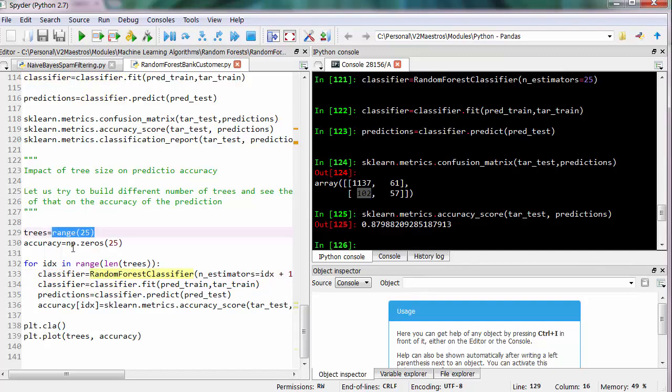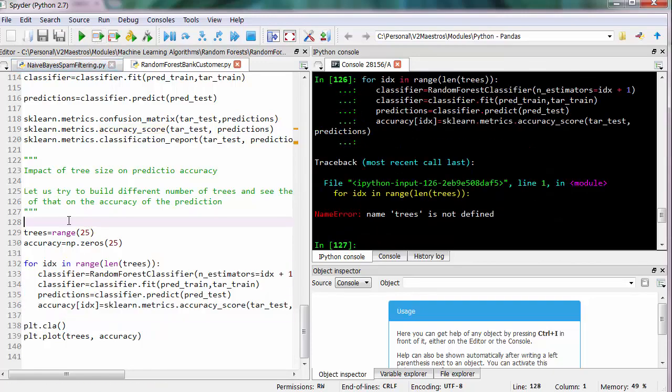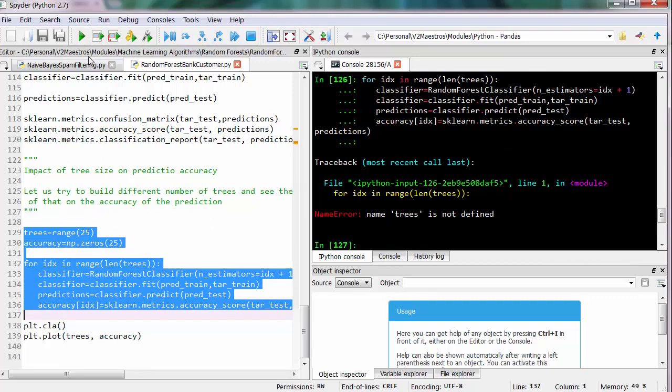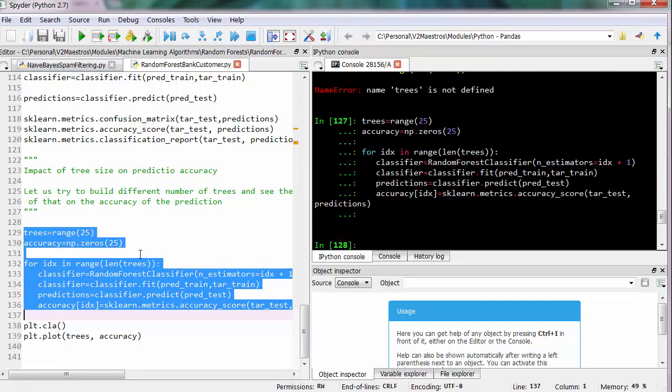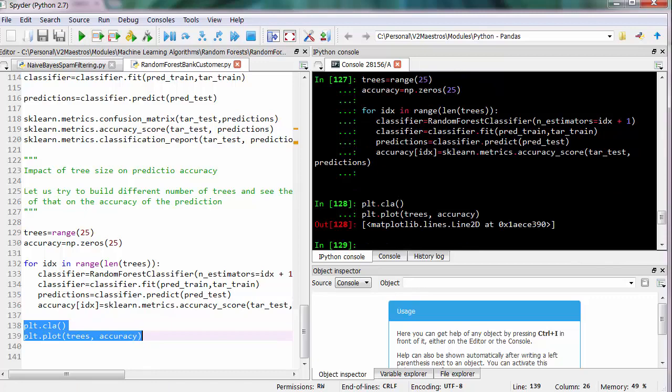The range is number of trees from 1 to 25. I'm going to be repeating the same exercise for different numbers of trees, and then finding out the accuracy score for each of those tree values and storing in an array. So that is what I'm going to be doing here, repeating from 1 to 25, and then run this, and then finally I now get 25 different values. So that will then go and plot all of them and see how the accuracy changes